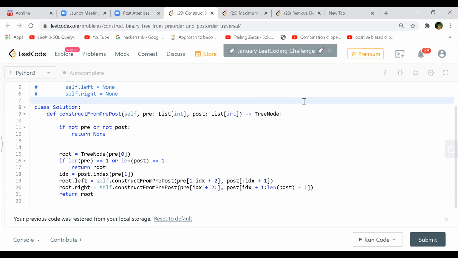That's the only thing that comes to my mind. Other than that, you don't have to do the same thing on your left subtree. Correct, because someone might wonder why we are not reducing an element on the left subtree. But that is not required, because on the left subtree you are coming from the pre-order side, and you don't have to divide that, because those will be your indexes.